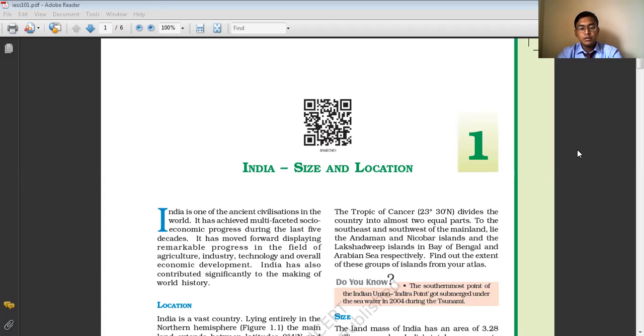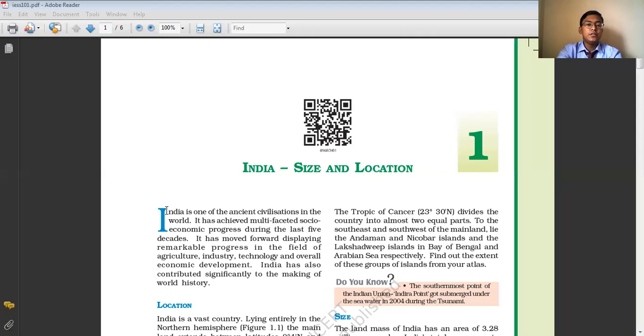As we all belong to the country India, it is very much essential to know about our country, because India is one of the oldest countries in the world. Indian civilization is one of the ancient civilizations, and India has a very strategic location in the world. So it is essential to know in detail about the site and the location of India, as well as how India has established relationships with many countries of Europe, Africa, and Asia in the ancient time and also after the discovery of the oceanic routes. That we are going to discuss.